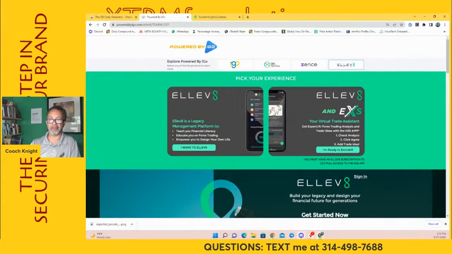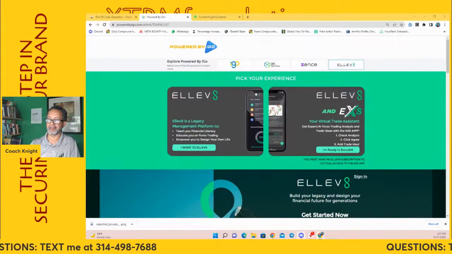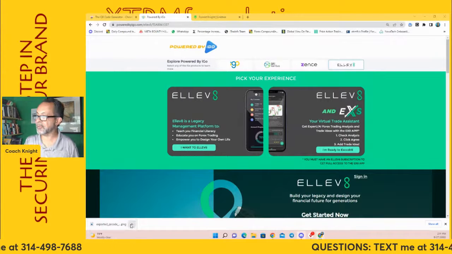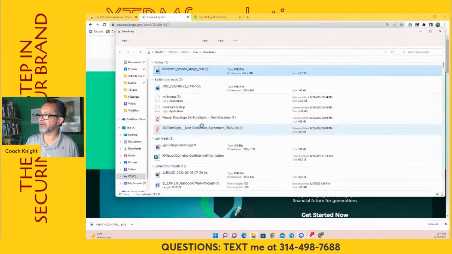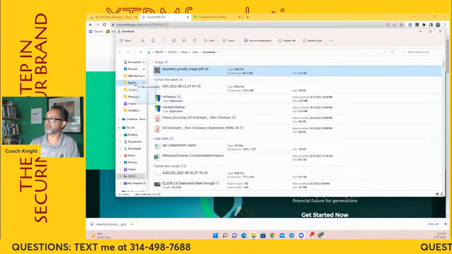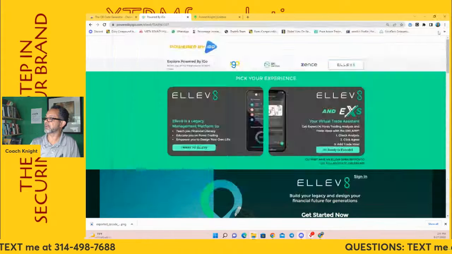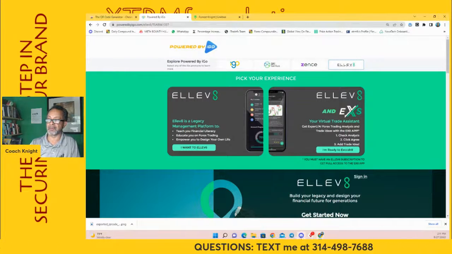Also, matter of fact, let's do this really quick since I'm doing this. I just downloaded that. Let me go find this here real quick. I'm going to show you how to do this. I'm going to put this right here on my live. Show in my folder. I'm going to drop this over here to Elevate Exported QR Code. Let me close that real quick. Come over here and add it to my